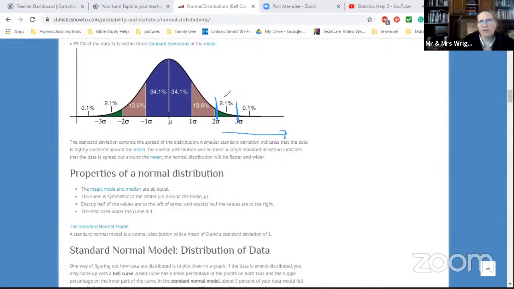What's greater than that? Well, you're going to add 2.1 plus 0.1, so it's going to be 2.2% to cover all of this out to infinity. So you can see that you can utilize this chart for a bunch of great information. So just write this chart down in your notes for future reference anytime you have